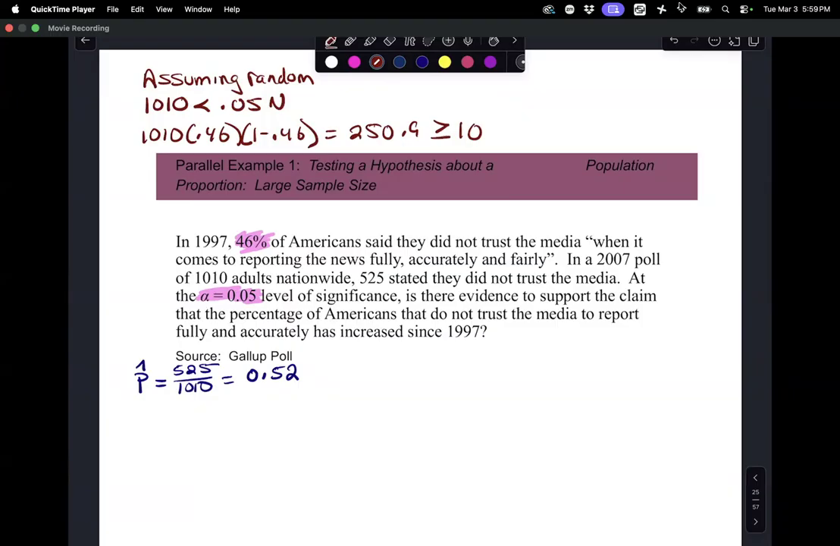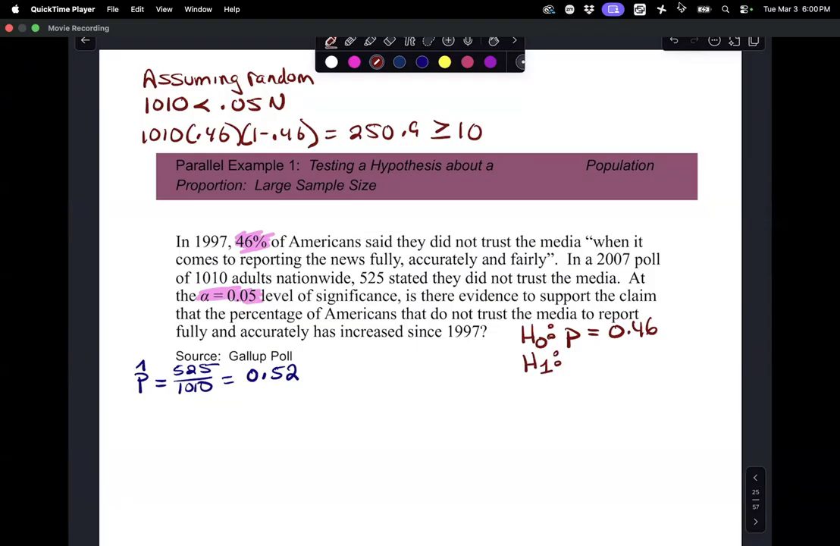I have to write my hypothesis test. So my null hypothesis is that p equals 0.46. Your null hypothesis will always have an equal sign. So it's saying, I think the proportion of Americans who don't trust the media is 46%. That's what the null hypothesis is. That's what the studies have shown. My alternative hypothesis